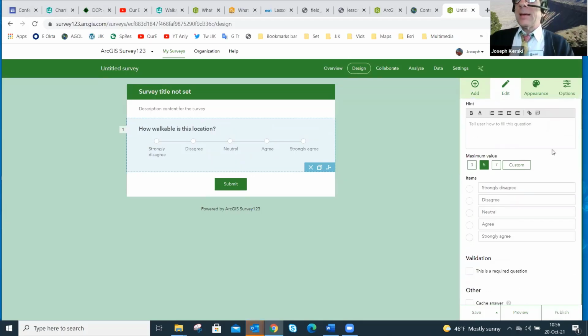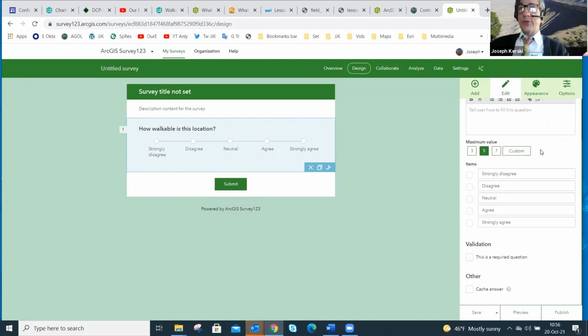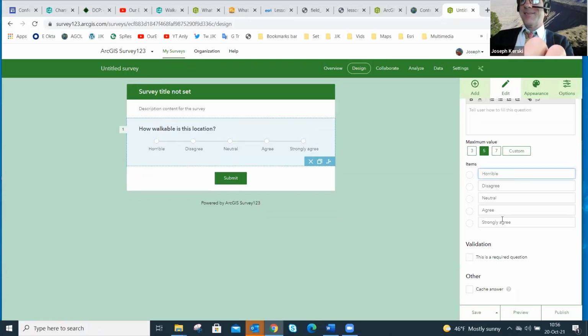We have a couple of defaults, and I don't want disagree or agree because that's not too intuitive, right? What I want to do is horrible to excellent.